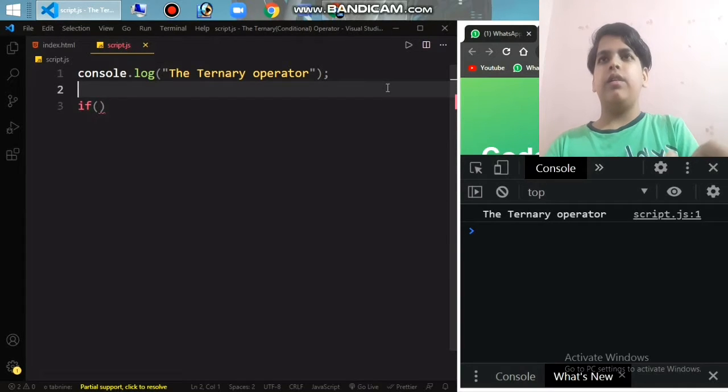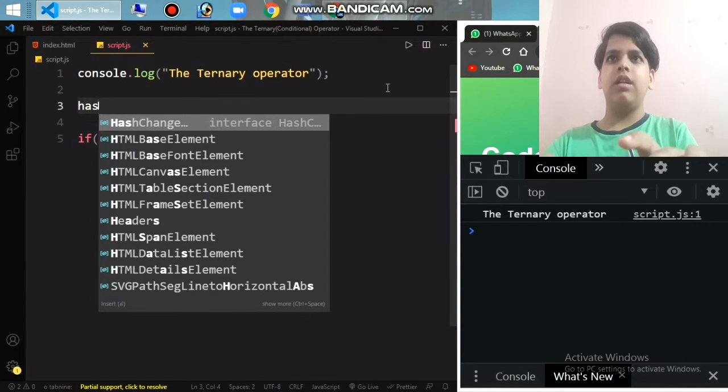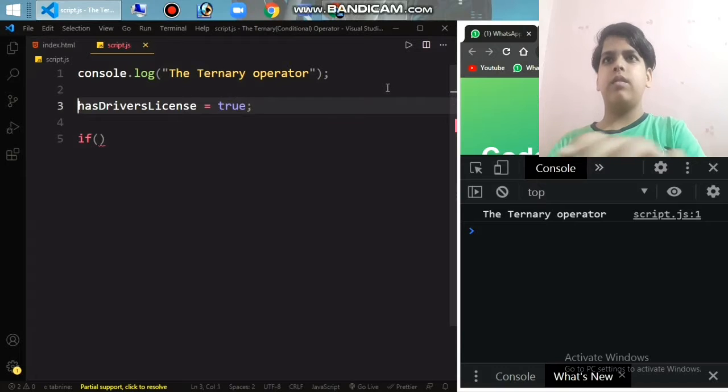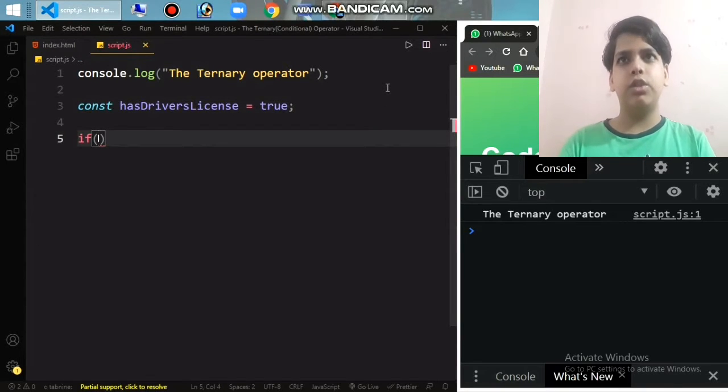Suppose I have a variable hasDriversLicense, and it is equal to true. So I made this variable hasDriversLicense equals true.